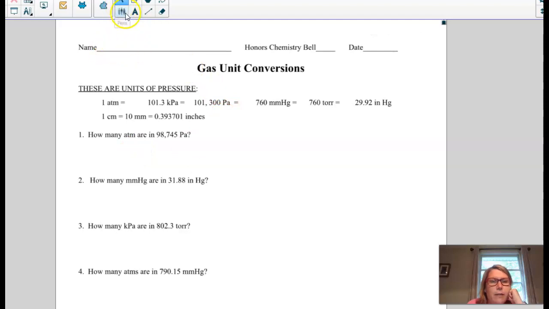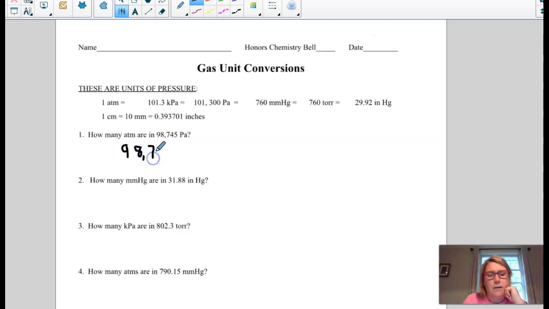So if I am going to start with 98,745 pascals. Okay. I apologize for the handwriting. And I want to convert it to ATM. So if you look up here, 1 ATM is equal to 101,300 pascals. So what I'm going to do is I'm going to put